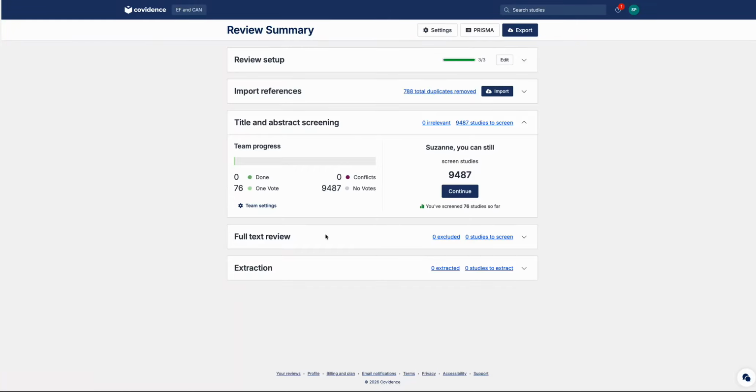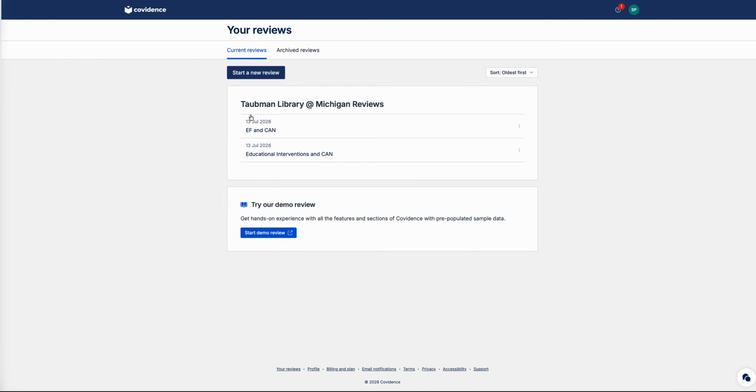Okay, this is how to use Covidence, which is a tool that we have through the library and is necessary for doing meta-analyses and systematic reviews. So you will see that I'm logged in as Taubman Library at Michigan Reviews and